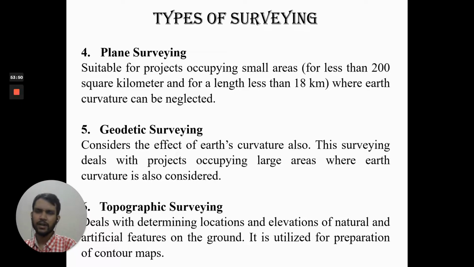Basically they are displayed in multiples of tens or in multiples of fives, depending on the terrain. If the terrain is flat, then the contour lines will be located much further apart. Suppose a particular point is at an elevation of 350 meters. To get another point at an elevation of 360 meters on a plane surface, you will find that point much further apart.